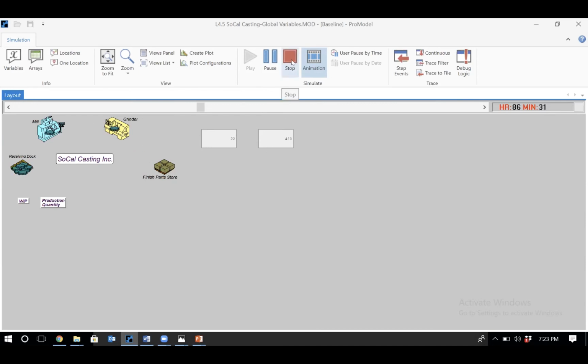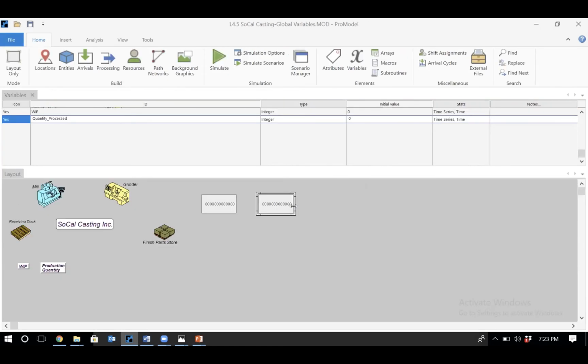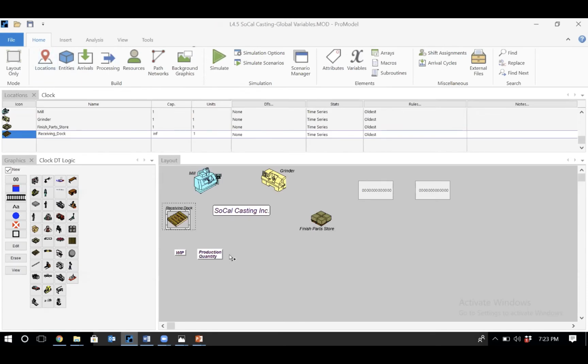Okay. So now let's stop and go back to the layout, to the location. So now, if you have a bunch of variables, what you put here are a bunch of boxes, and what you see when you run the simulation is just these numbers in a bunch of boxes change. However, you want to know which one represents what, right? So in that scenario, we want to put a text box or something next to them and just write down in that text box what their name is. So for that,